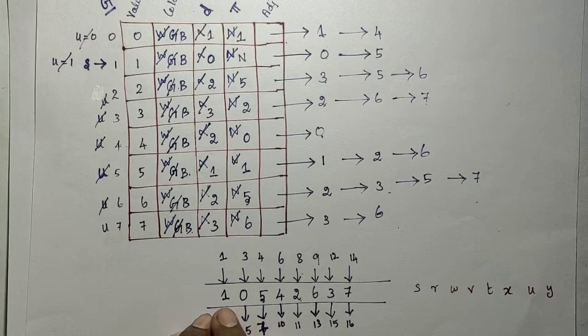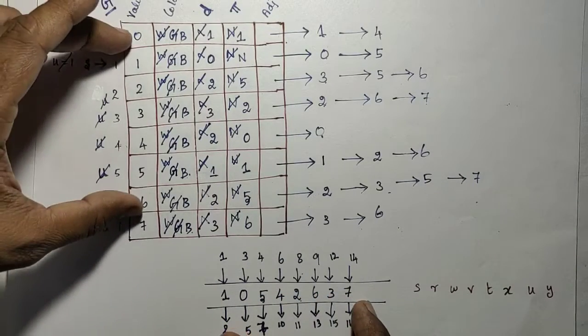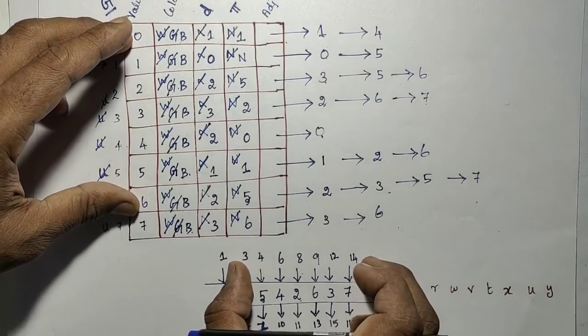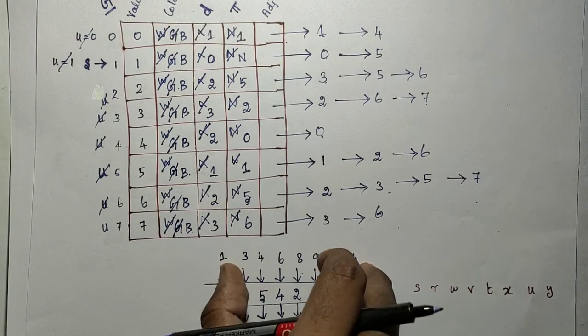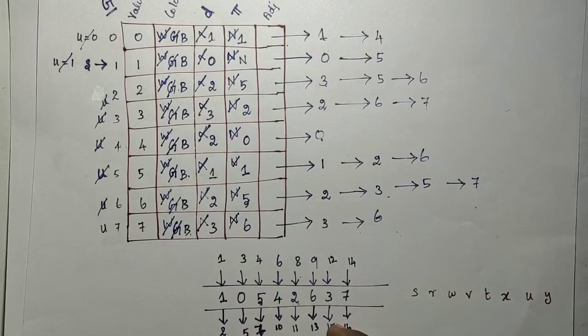It is depending on what? One NQ and again DQ, NQ and DQ. So it is equivalent to the number of vertices. Number of vertices: 1, 2, 3, 4, 5, 6, 7, 8. So 8 vertices means 8 into 2. That many operations: 8 NQ operations and 8 DQ operations.